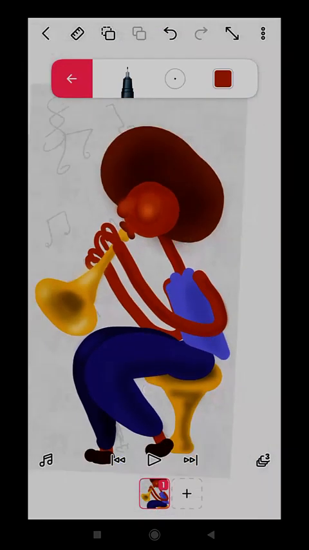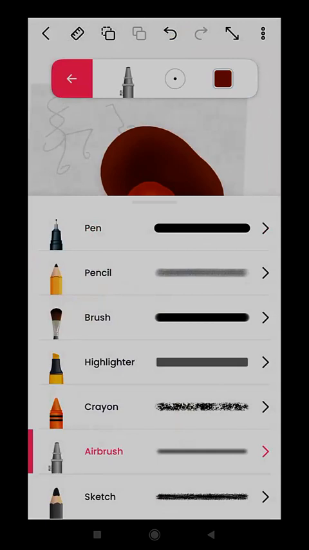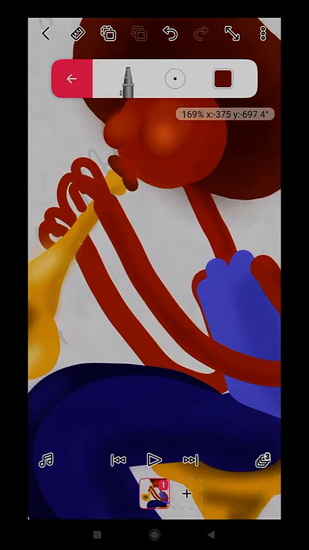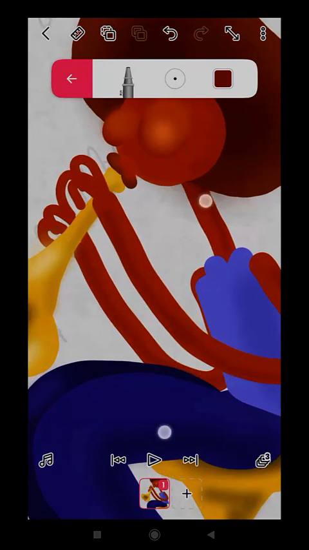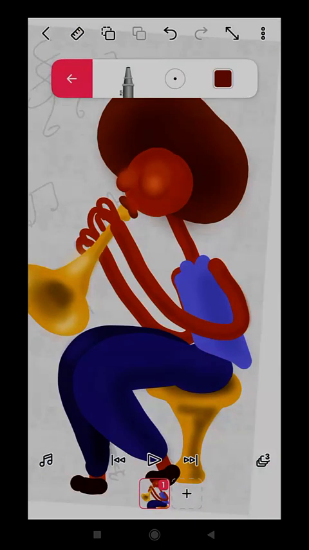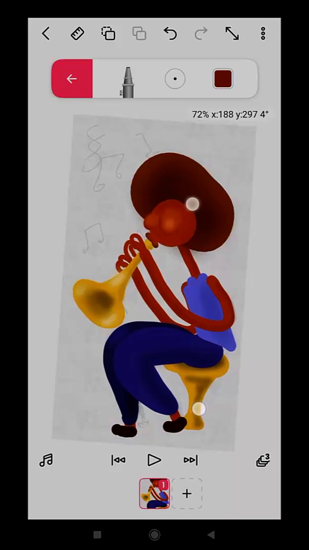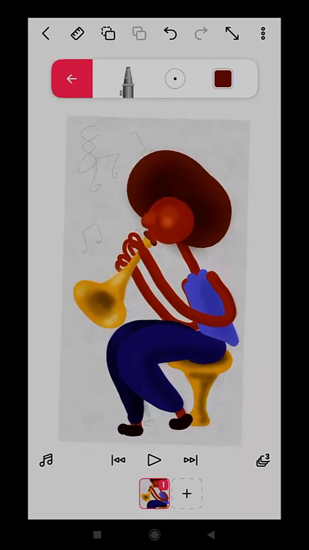And now time for airbrush. The color is set already for the airbrush. We just make it like this. Okay, now this is ready to be animated